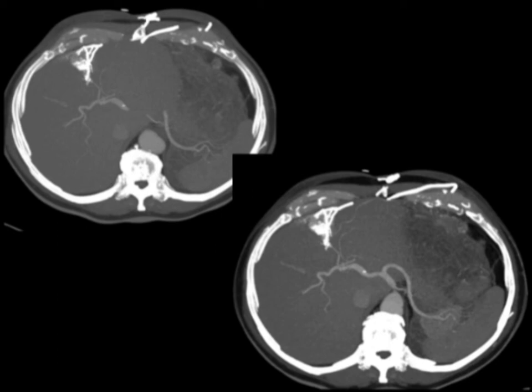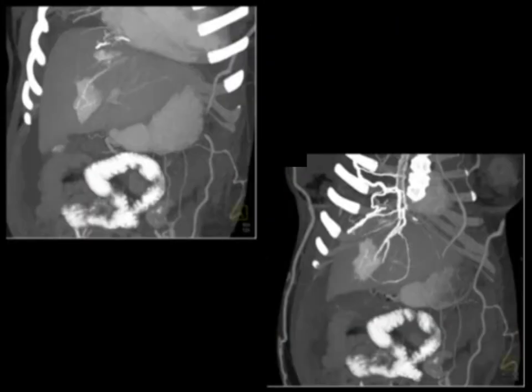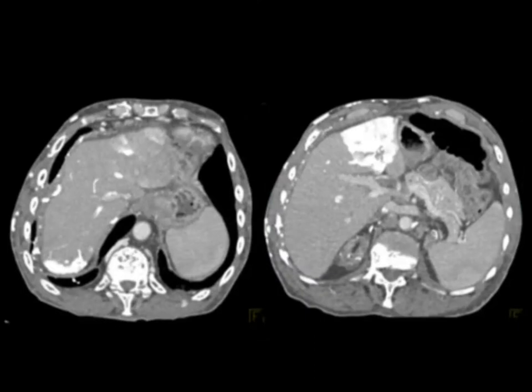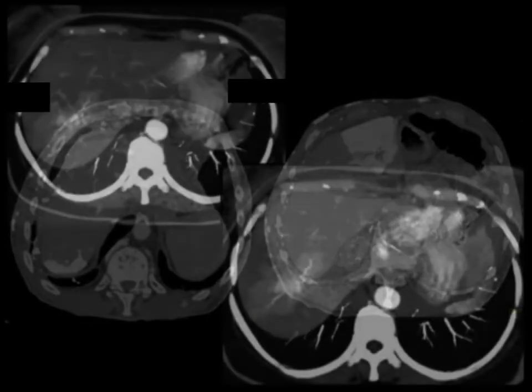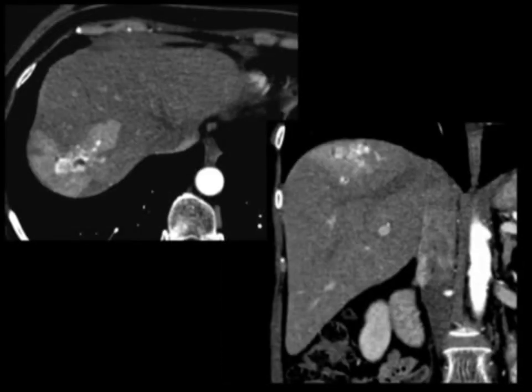If you scan the chest and abdomen, it would be easy because you see the SVC issues, but perhaps you're only scanning the abdomen and you're perplexed by seeing this lesion. It always looks the same. Another beautiful example of that hot spot, right by the falciform ligament, beautiful drainage, very, very nicely shown. And here's one more example where you see the collaterals in the subcutaneous tissues, the marked vascularity at that hot spot. And once in a while, you even can see a hot spot in the posterior right lobe of the liver, though that's fairly uncommon. And here's just a blush through a vascular lesion, nicely shown in the dome of the liver.